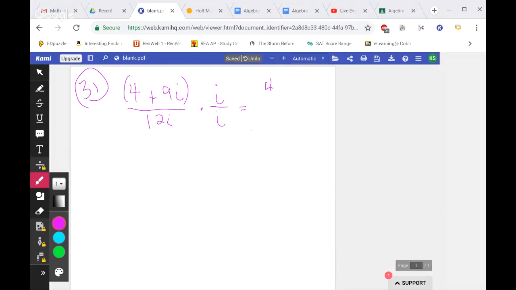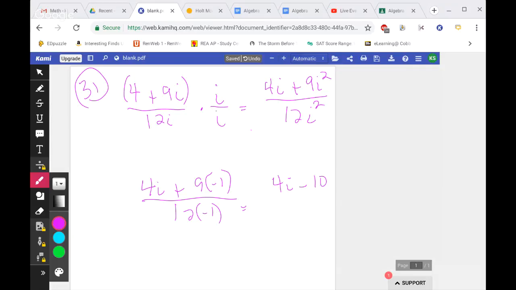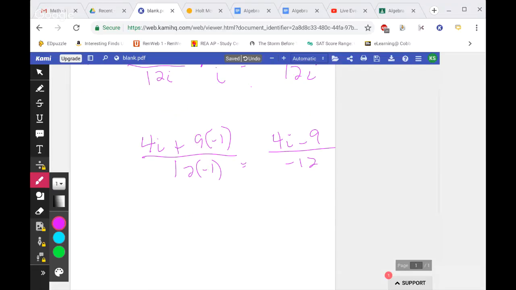So i times 4 is 4i plus 9i squared, all over 12i squared. So I've got 4i plus 9 times a negative 1, all over 12 times a negative 1. So this is going to be 4i minus 9, all over negative 12. So I'm going to rewrite that. Negative 9 plus 4i all over negative 12, which really is,